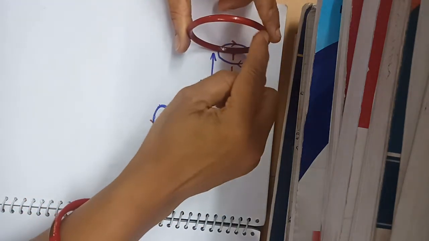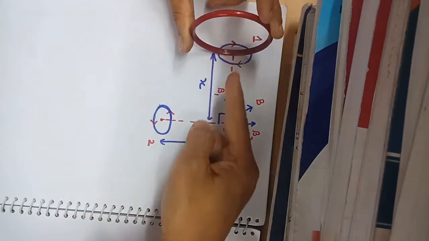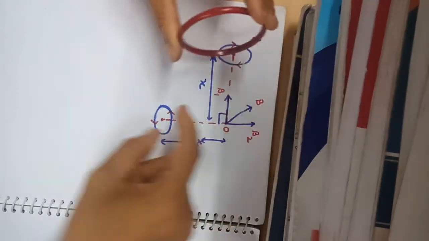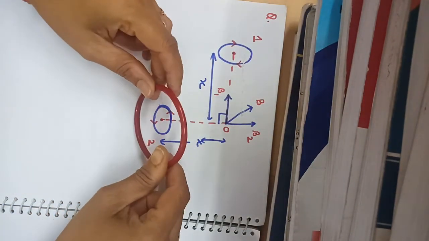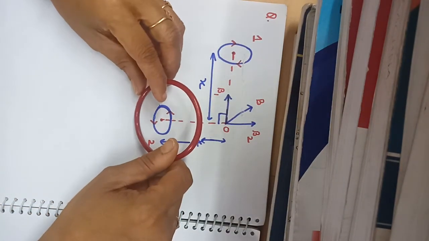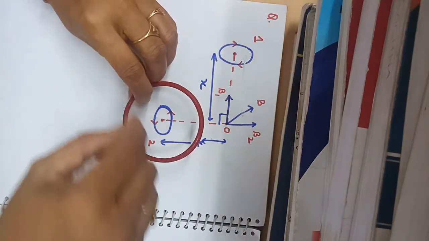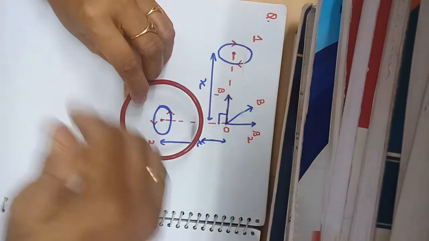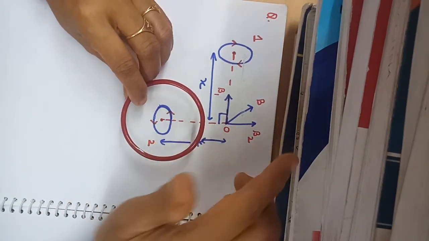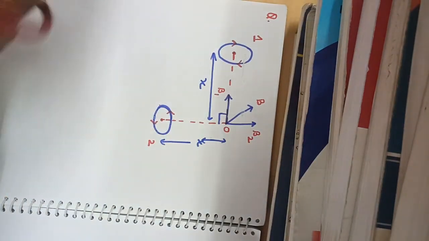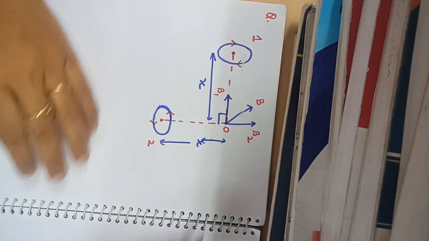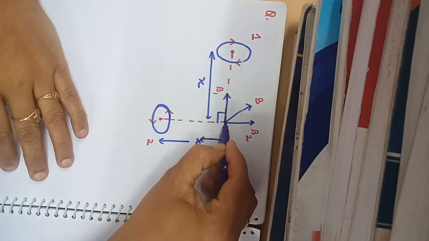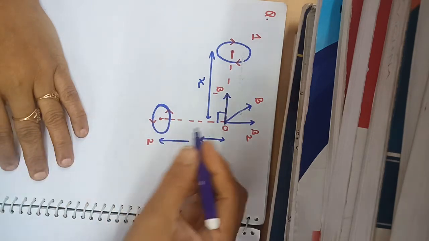So you can see that if this is the circular loop in which the current is flowing in this direction, the direction of magnetic field is in the inward direction. This loop is placed like this. So what is the direction of current? That is anti-clockwise. So what is the direction of the magnetic field? That is perpendicular to this plane and in the outward direction. That is why these two magnetic field lines exist at this point. This is the direction of magnetic field B2 at this point due to this circular loop.